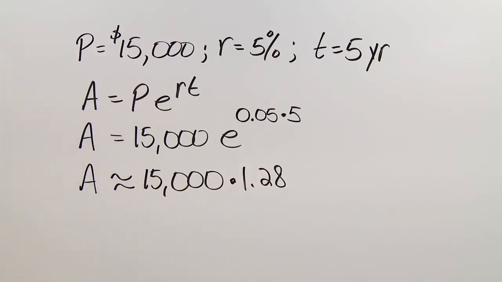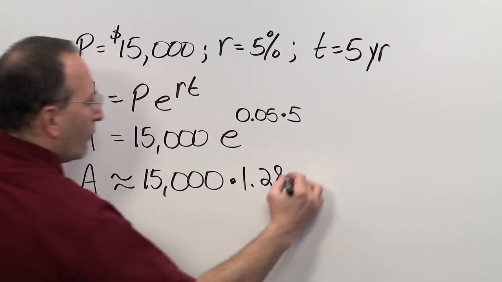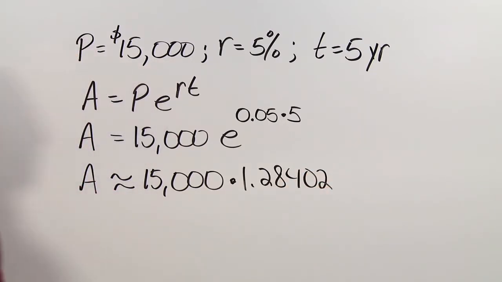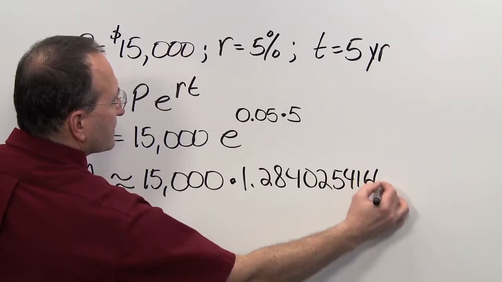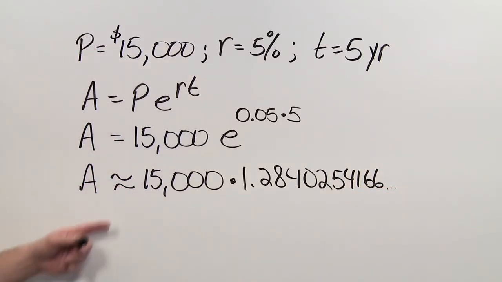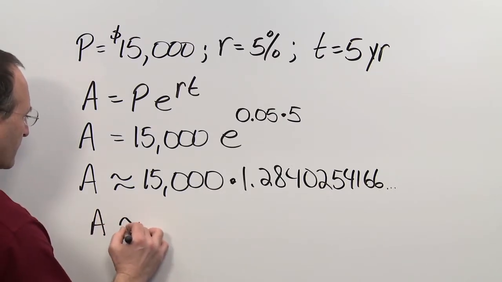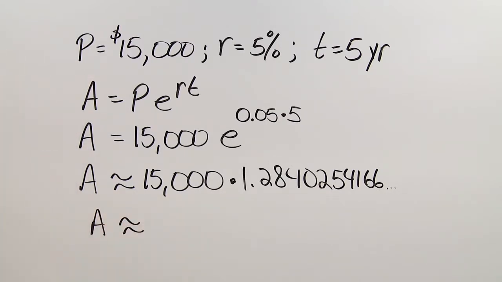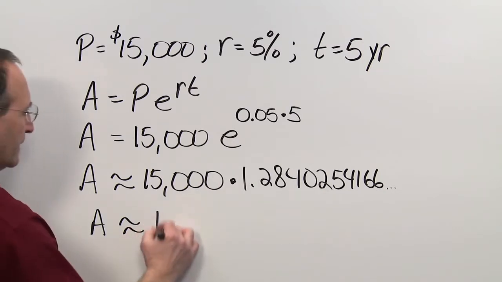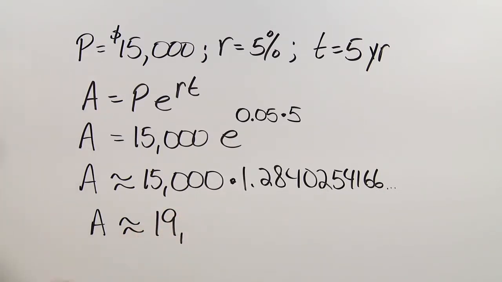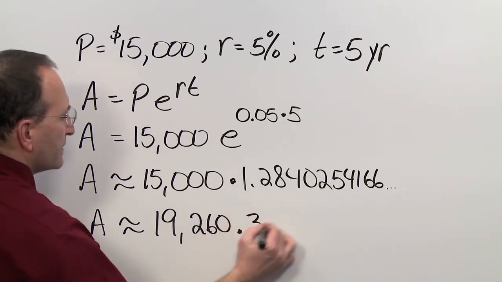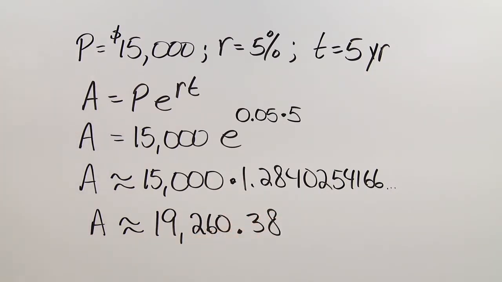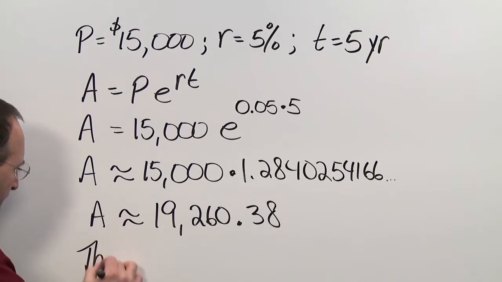It's 1.2840254166. And that's why I say it's approximately equal to that. And then, using a calculator to evaluate this, we find out that A is approximately 19,260.38. And what that means is there will be